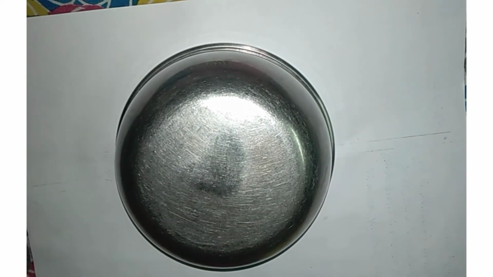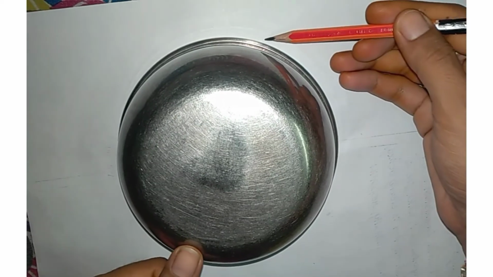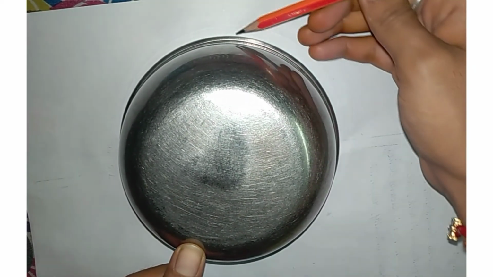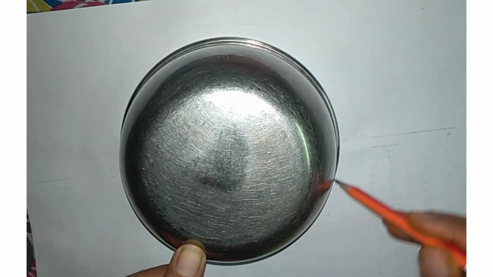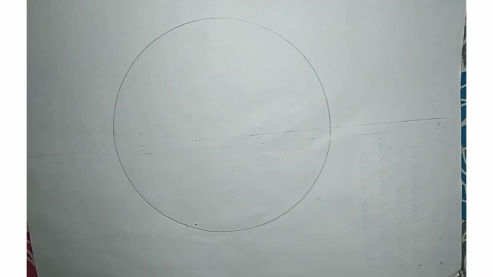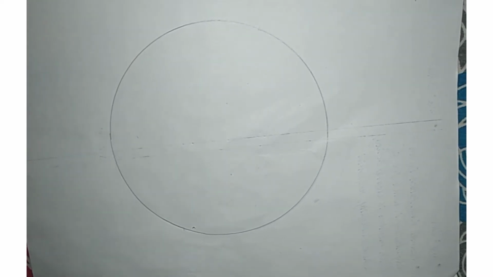For this, first you have to trace a circle with the help of any circular thing. I am using a circular bowl to trace a circle on the paper. I am just placing it and with the help of a pencil I am tracing the circle on the paper. So this is my circle after tracing it with the help of the bowl.